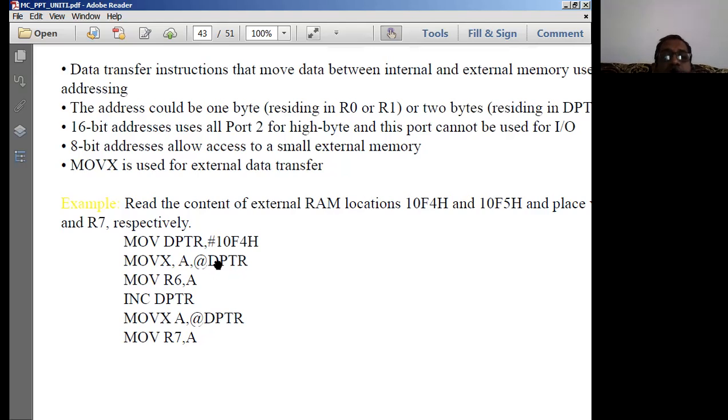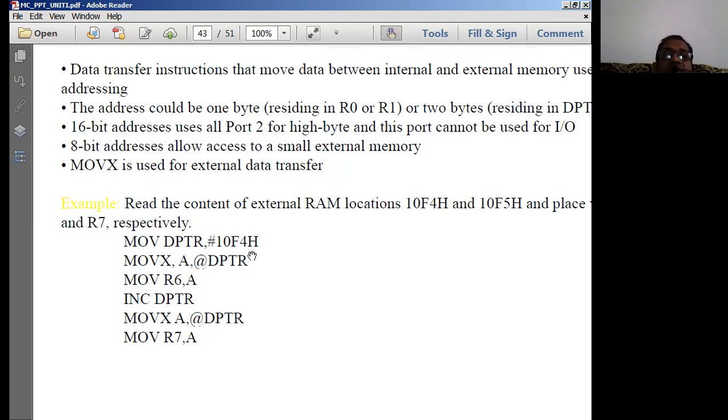So I'm using indirect addressing mode, @DPTR. That means the value at the address pointed to by DPTR is copied into the accumulator. After the accumulator contains this, I move this data into R6.